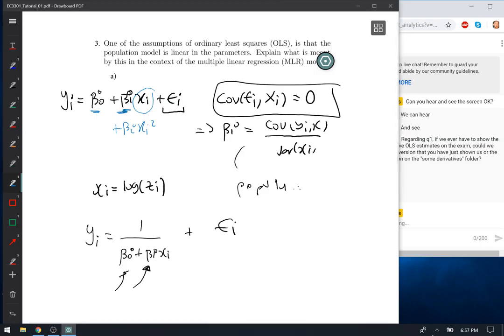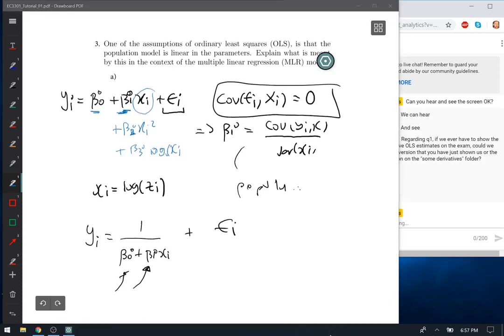Okay, so you could have anything added. You could have, say, a b3 naught whatever log xi. You could add anything. It's got to be linear. So that's fine, but you can't have this, because of course in here the parameters b0 and b1 don't enter linearly, and when we take the derivative of this, it's going to depend on the parameters b0 and b1, whereas it